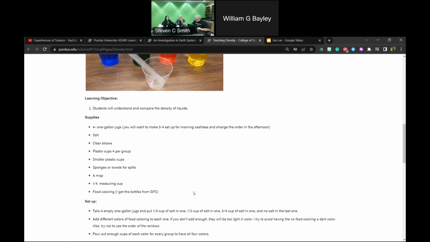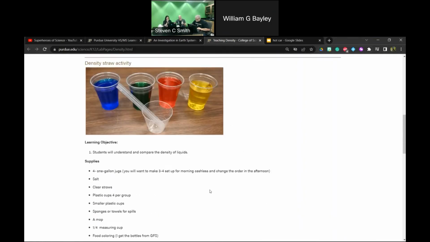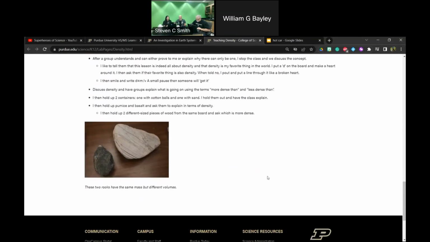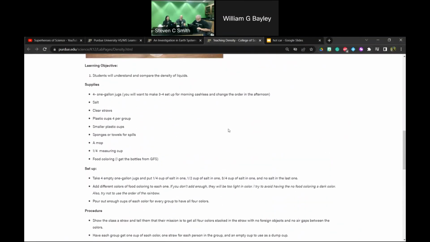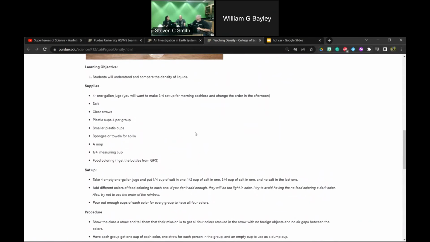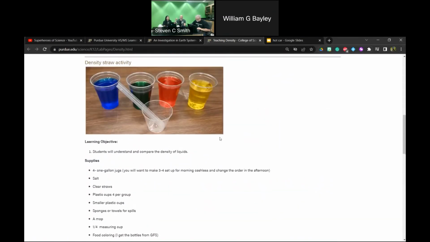And so I tell the students to go and find them stacked, and they'll eventually start figuring out ways of getting some. We'll get some in a straw, then they'll try to dump it into one, and they'll work together in all these different ways. And eventually, I didn't put that picture in here of the finished one. Oh, I'm sorry. We took those pictures too. I'll update a picture of a finished one to show you what it looks like. But the whole straw won't be full, just the bottom.